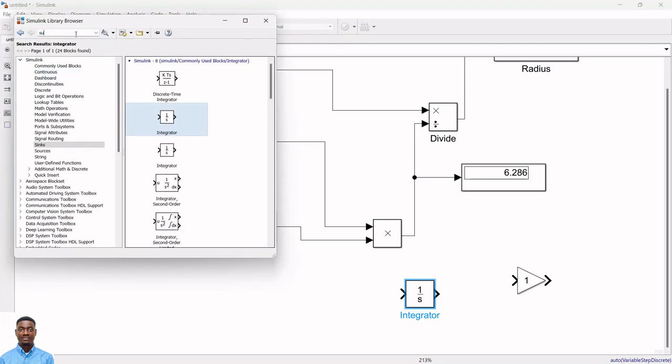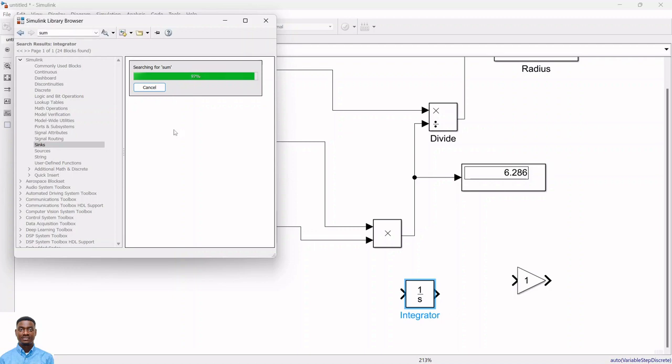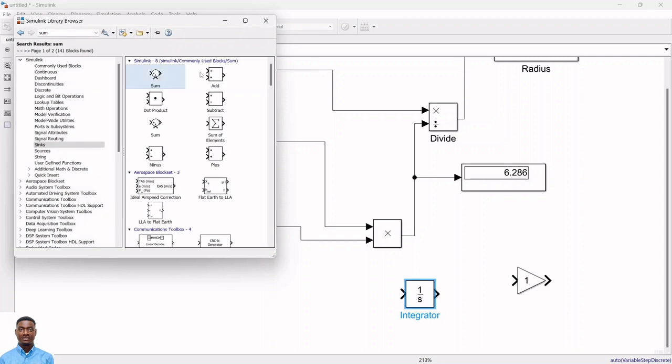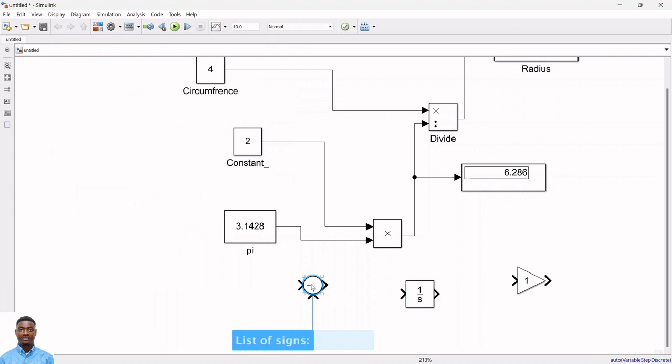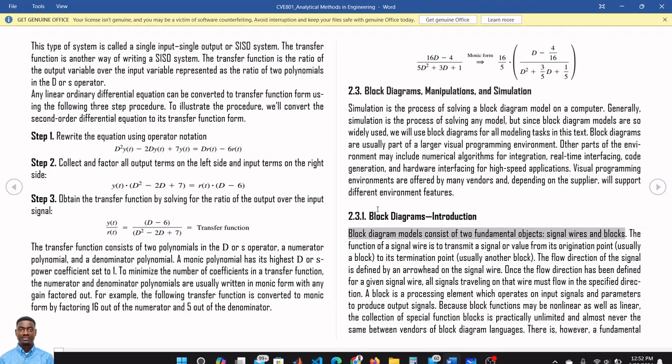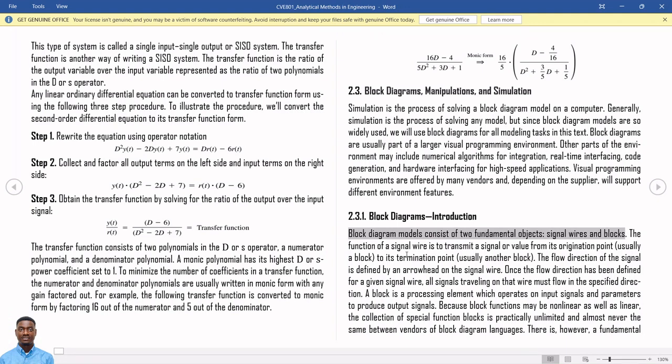And the sum or summing junction, which is just what we would see now. So this is your sum. This is the sum block. You have two inputs, one input from here, one input from here, and gives one output. Also for your integrator, one input from here and one output. For your gain block, one input and one output from the other end. That is what the basic blocks that you have in your visual programming environments.